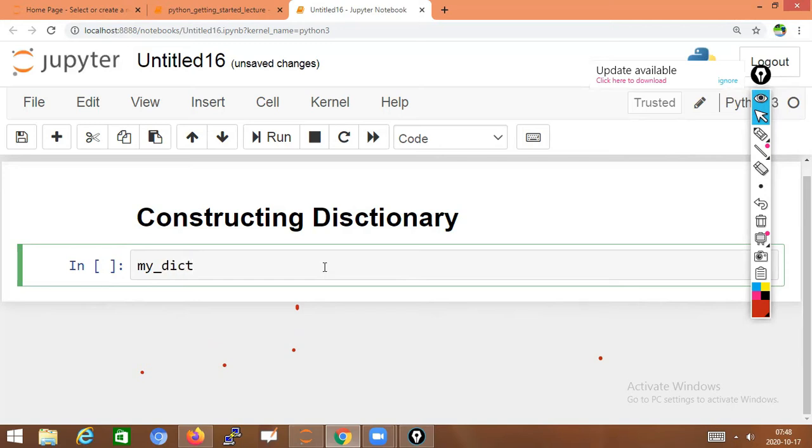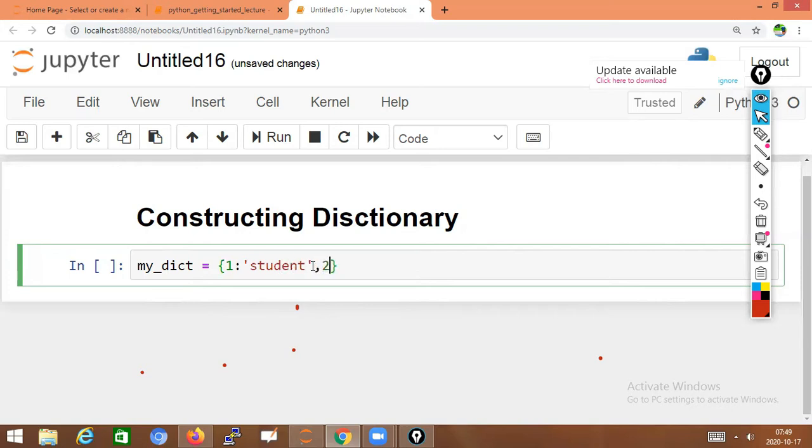So mydic is equal to, you start with braces. In that, as usual, I write one, colon, the string student,